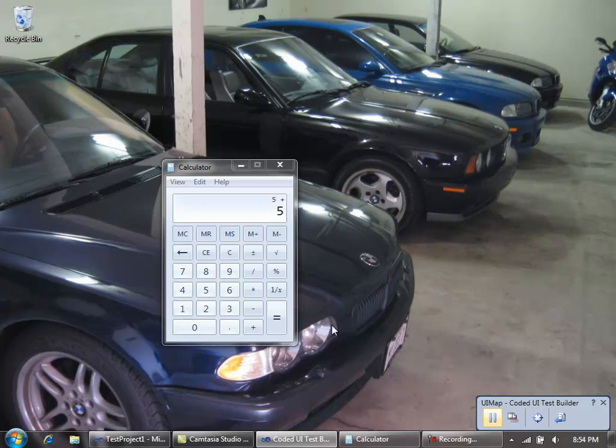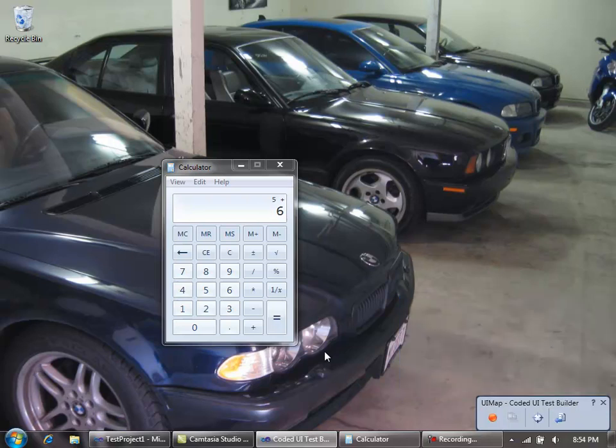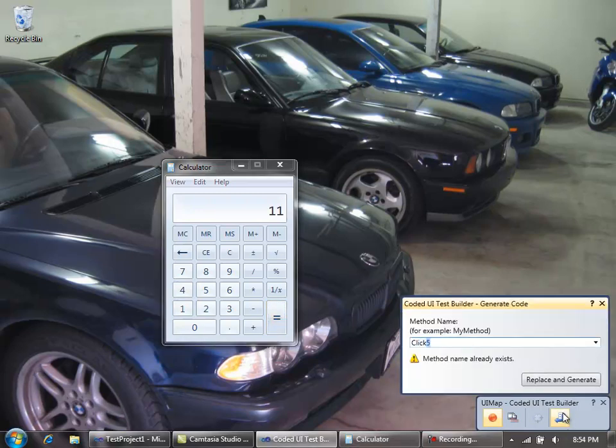Now resume again. Let's click on 6 this time. Create a method for that as well. Click 6. And then finally, we're going to click on the equals here. So we're going to resume one more time, click the equals button, and now we actually have something we can validate as well. But before we do that, I want to create a click